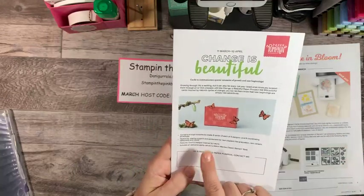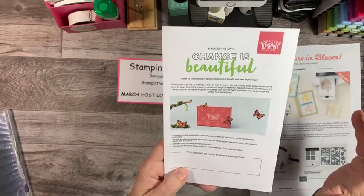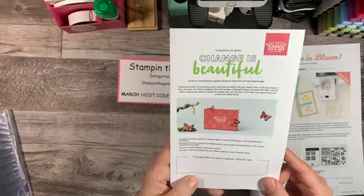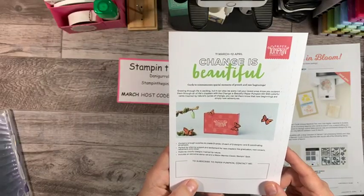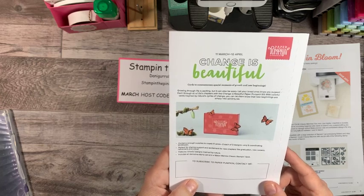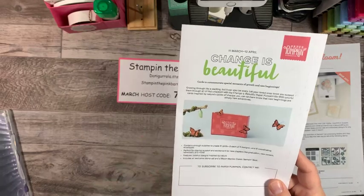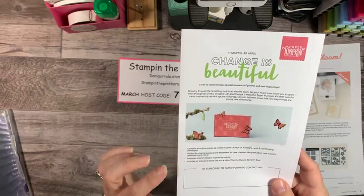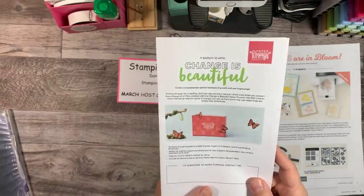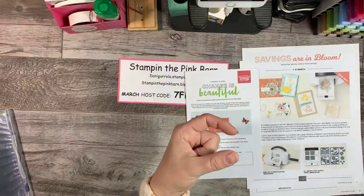It does tell you that you're going to be able to make 9 cards straight out of the box, 3 designs of 3 cards, and 9 coordinating envelopes. Perfect for sharing support and excitement for new chapters like graduation, new careers, retirement, and more. Features colorful designs inspired by nature. Includes an exclusive stamp set and Melon Mambo classic stamp spot. So they always come with a little tiny